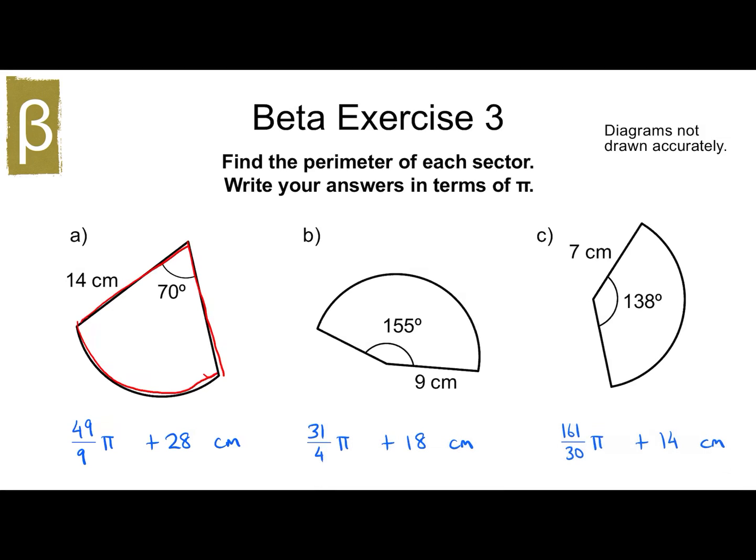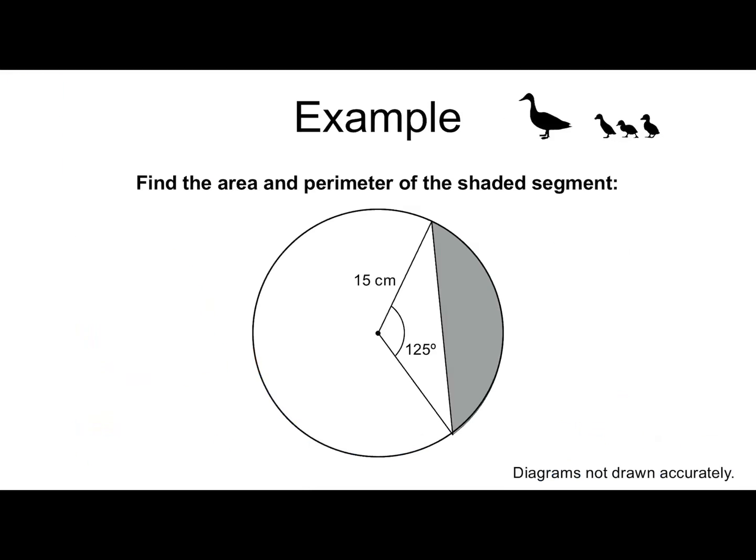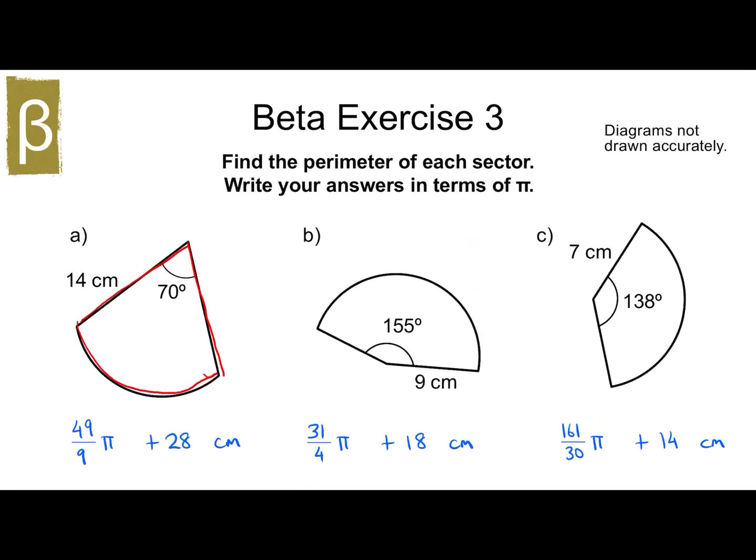Okay, they are the answers given in terms of pi. Of course, if the question asks you to give them to 3 significant figures, you just pop that into a calculator and work it out, round it off appropriately. Okay, right, I'm going to stop the video there, and part 2 is on its way, where we're going to learn how to calculate the area of a